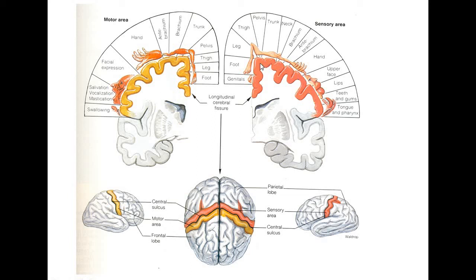Next is the central sensory area, which is represented by different parts. So this is genitals, foot, leg, thigh, pelvis. This is called the sensory homunculus. We have two homunculi, motor and sensory. Suppose this part of the brain is damaged, then the region to which it gives nerve supply, on the contralateral side, that area will be paralyzed in case of the motor area. In case of the sensory area, that part will lose its sensation. So that is the importance of these areas.